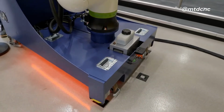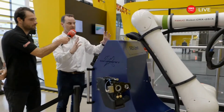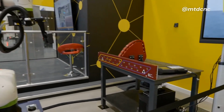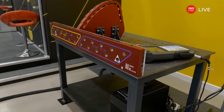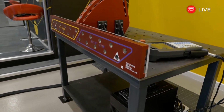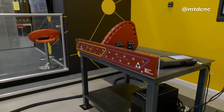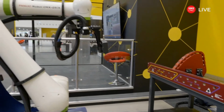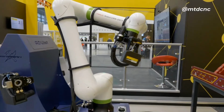Okay, so we're good to go now. The next thing we need to do is find out where the drill jig is in space. If you look at the drill jig, you might be able to see 3 little targets on it. Tiny little targets there. Yeah. So the camera on the end effector is going to go and find those targets, and then it'll know where the drill jig is relative to itself. Okay, brilliant. And that's checking it now, so ready to go? Ready to go, yep. So you press the blue button, press the green button, and then the camera's...